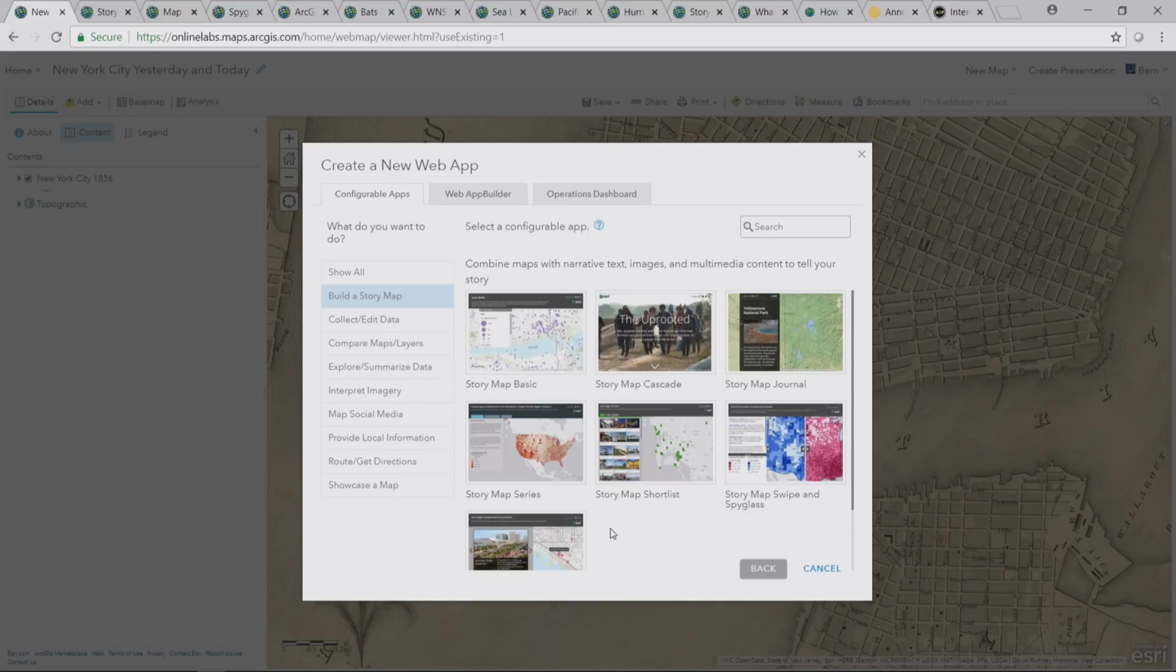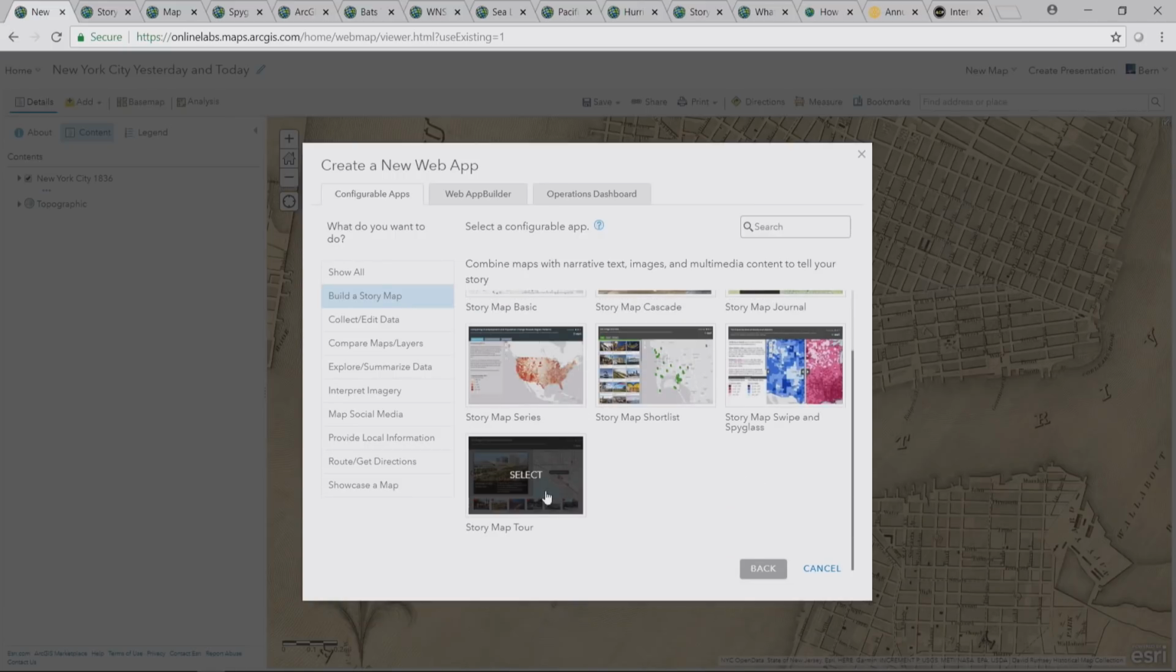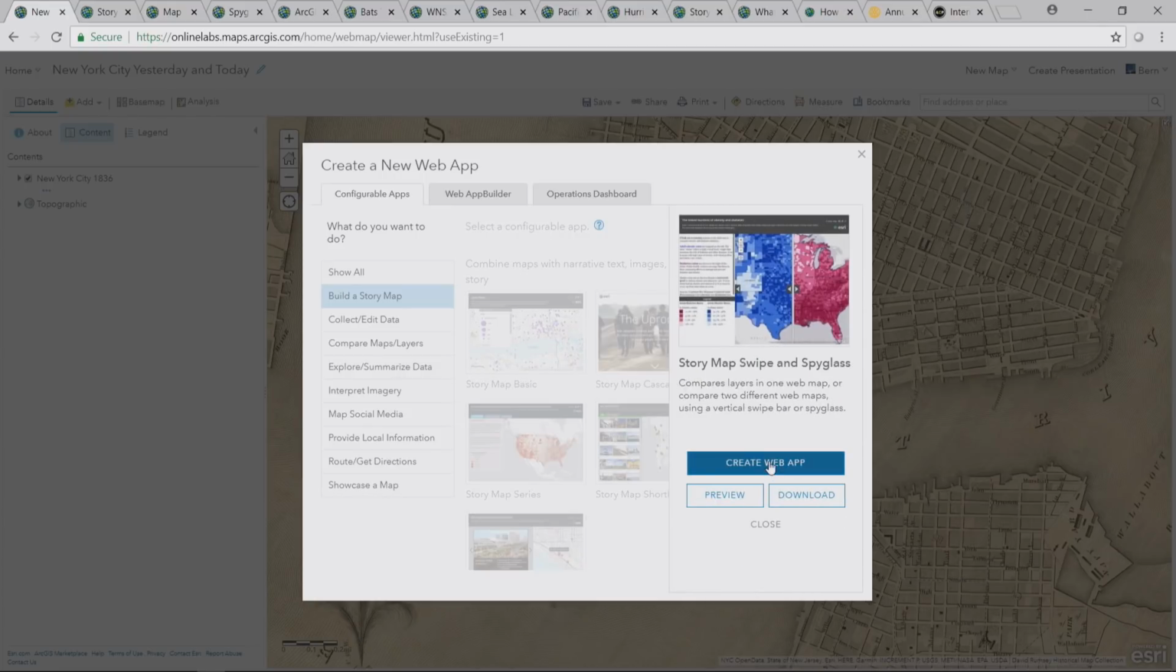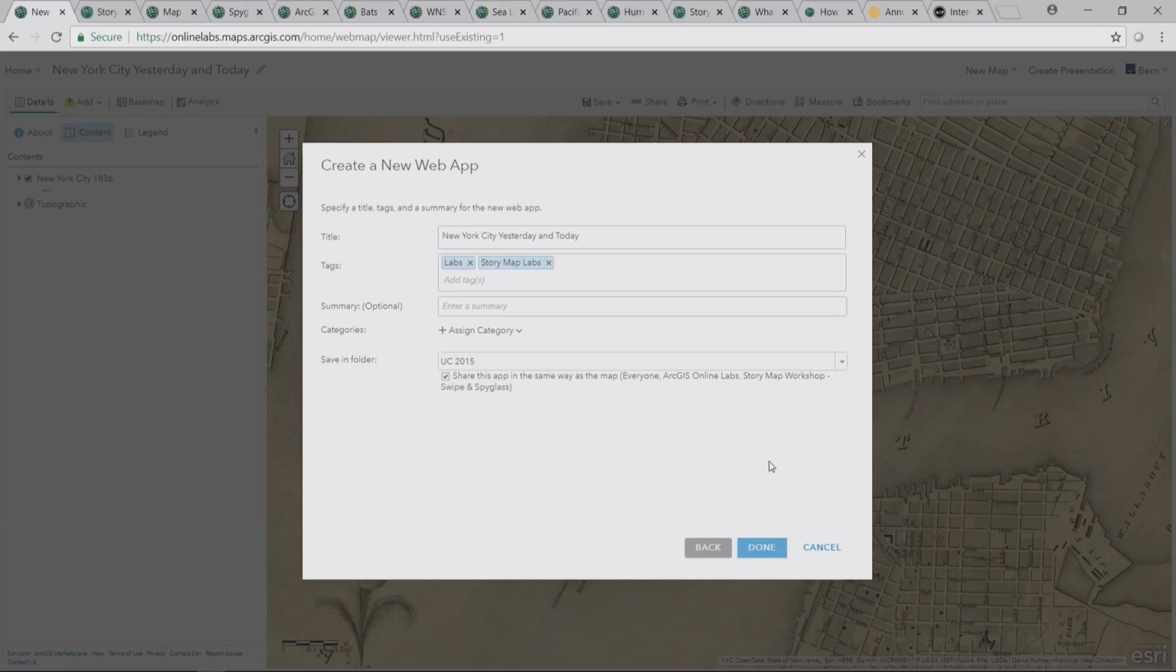So I would typically recommend make all your maps, gather all your resources, your videos, your photographs, figure out how to store them, manage them, think about the story map you want to use, and then start them from the Story Maps website. But in this case, this is actually one that really works great in this kind of mode. So here I've chosen Story Map Swipe and Spyglass, and I need to give it a